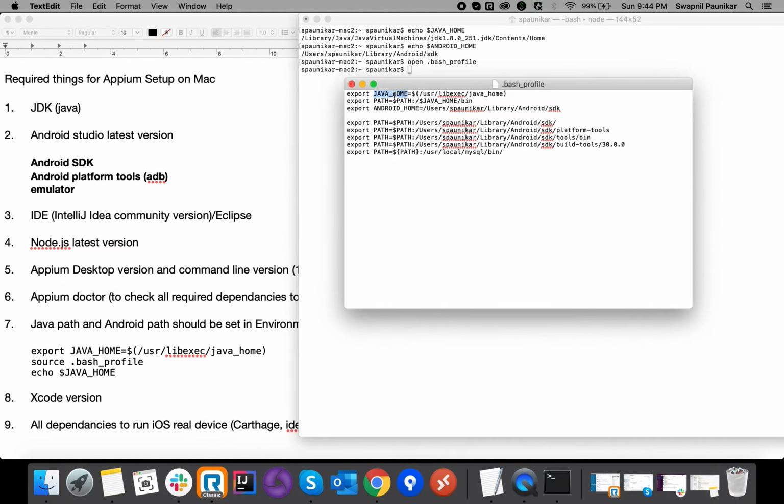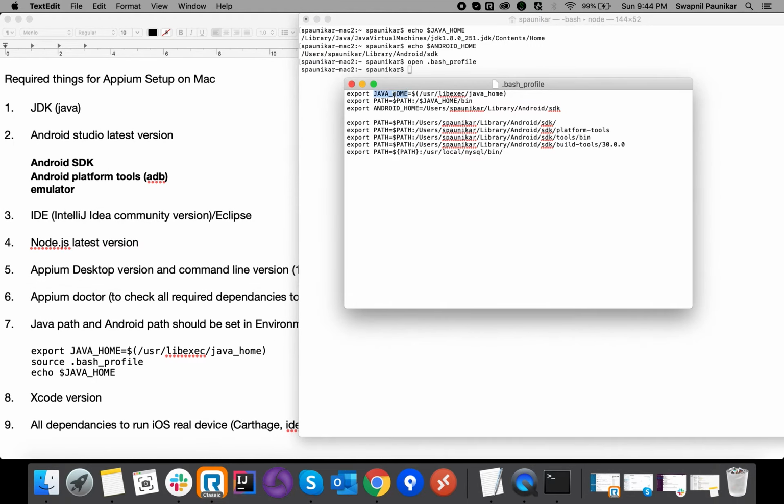These paths are required to access the tools, bin, and the versions. Using the same command, you can set all these things, the Java home and the other entries as you can see in the bash profile.